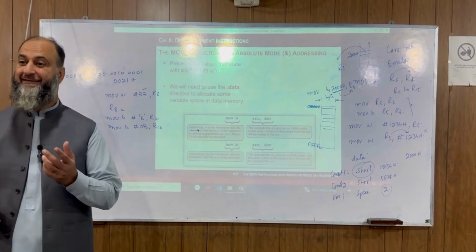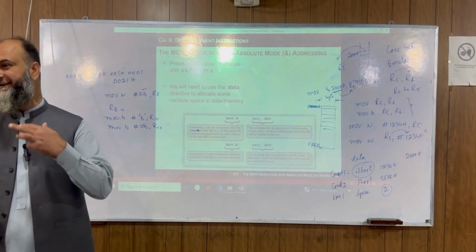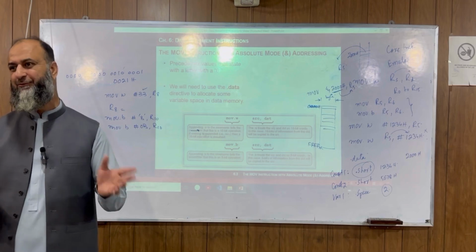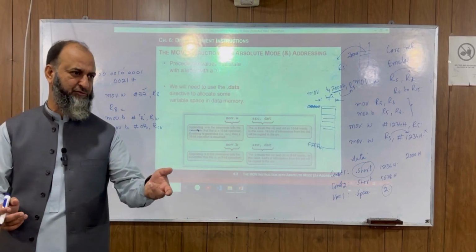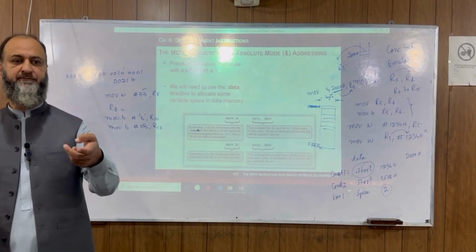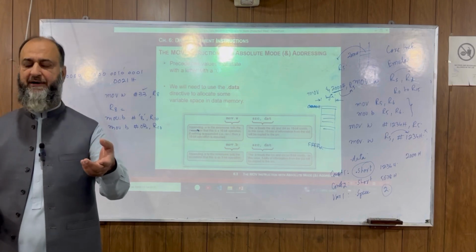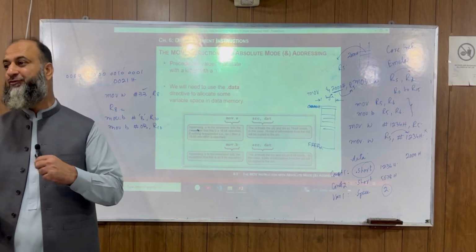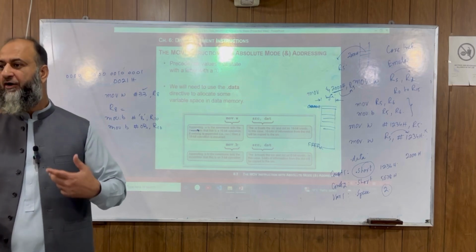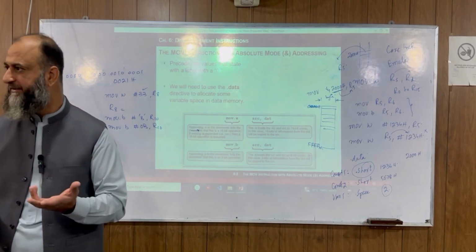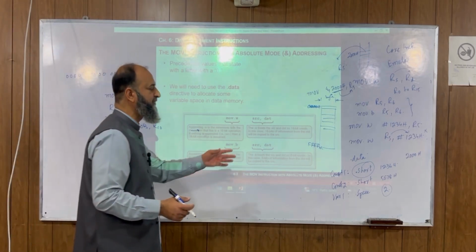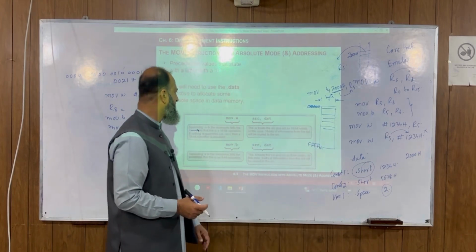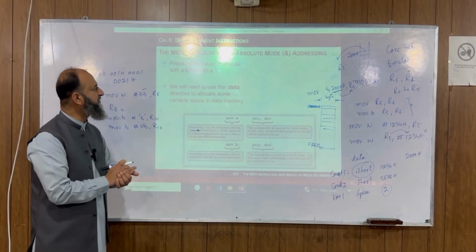So when you talk about a word, you are basically going to be representing two byte locations. So at 2001, if a 1 byte is going to be stored, which byte will it store, the upper byte or the lower byte? The lower byte. Even addresses will store the lower byte and the odd addresses will store the upper bytes. So we have this formation of the memory there. Is it okay?